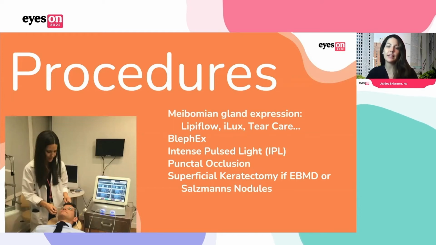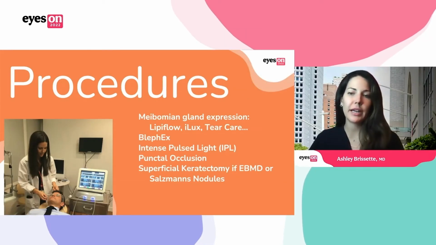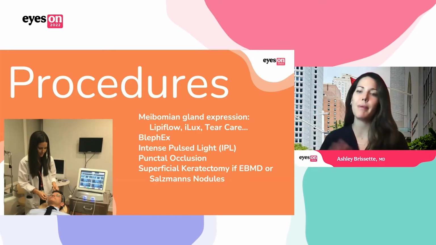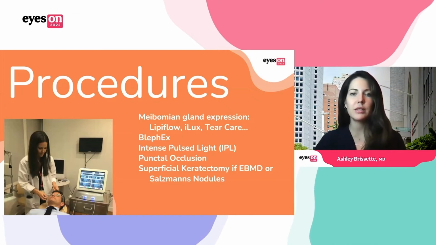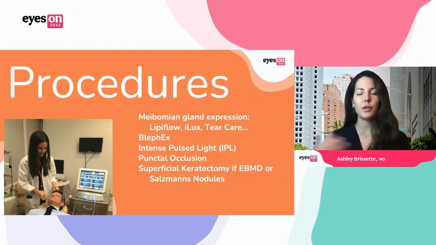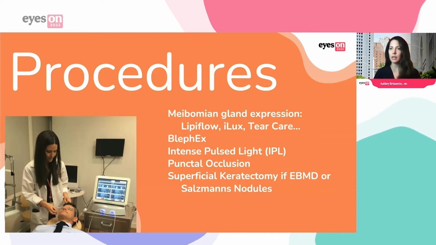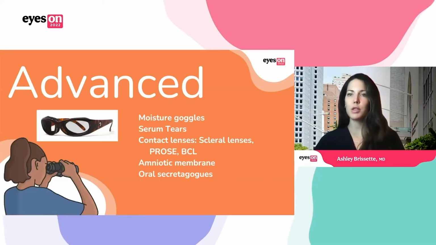If patients really like these, but they're continuing to fall out, then I would recommend punctal cautery for your patients. And then lastly, superficial keratectomies can be beneficial if there's a component of epithelial basement membrane dystrophy, or if there are Salzmann's nodules and there's a real visual component to the ocular surface. Then sometimes doing a superficial keratectomy can help. Sometimes I'll do that in combination with an amniotic membrane graft at the time of healing to increase healing of the ocular surface. So those are going to work for the majority of your patients.